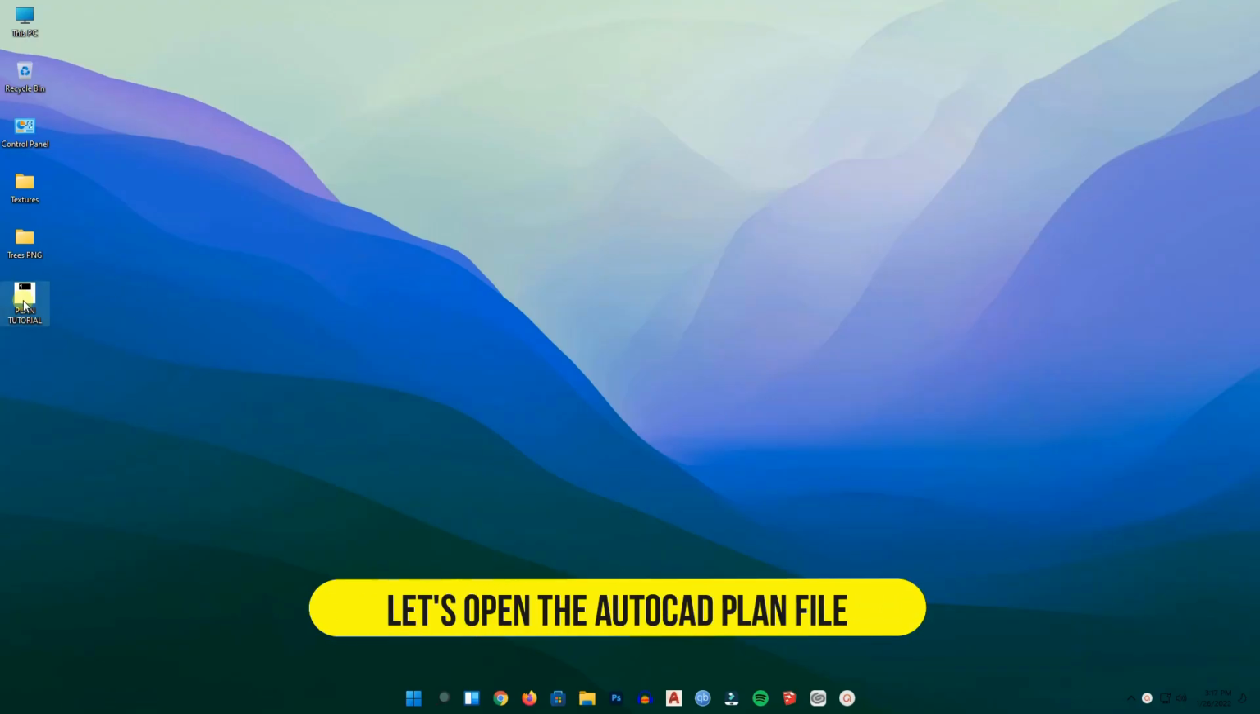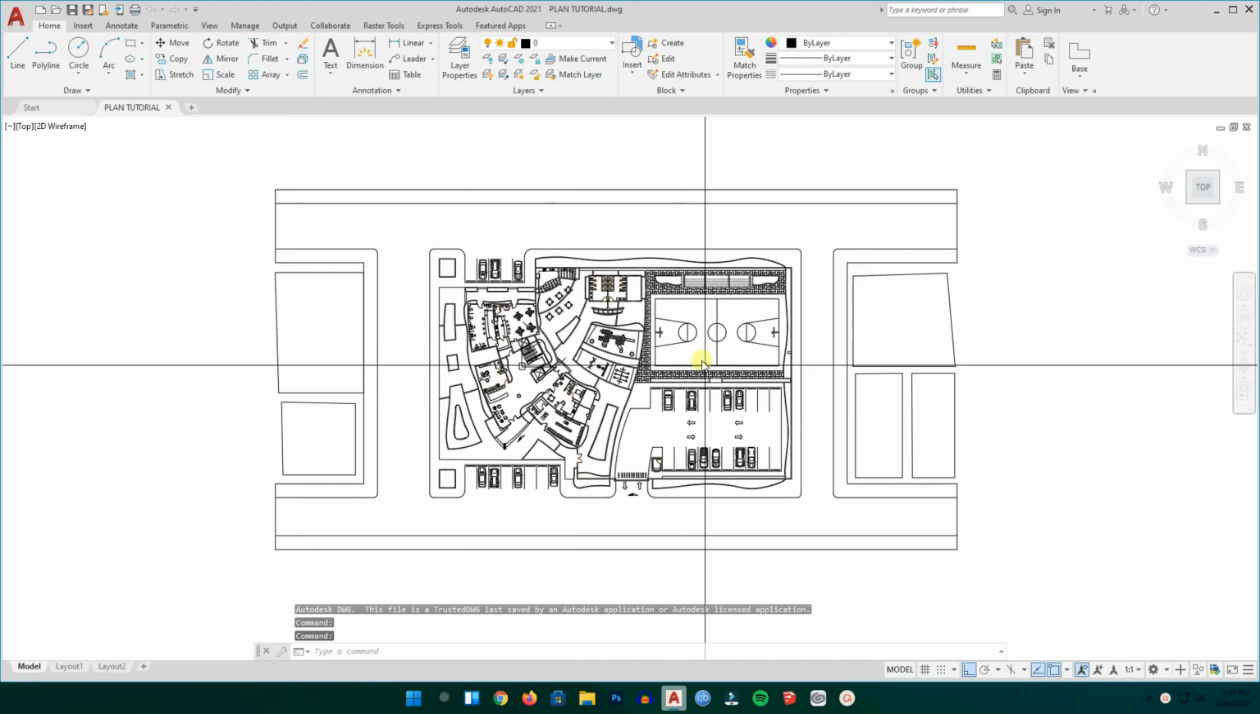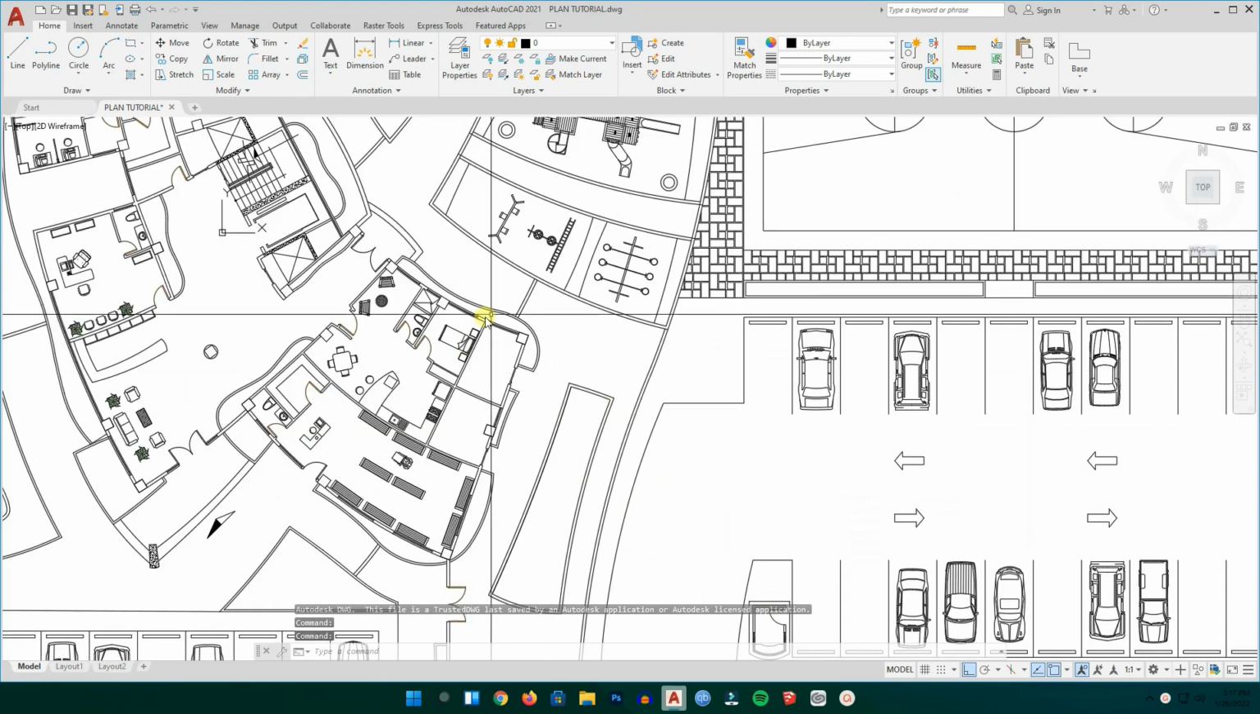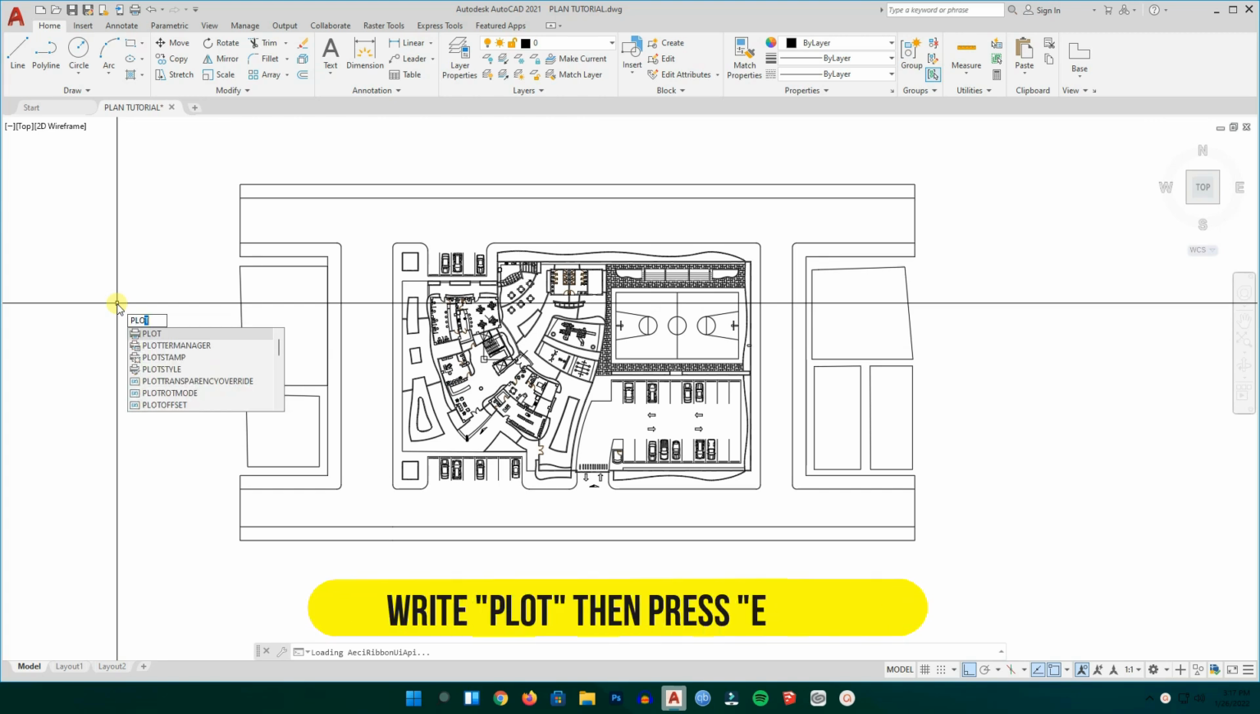Here I have a plan in DWG format. Let's open AutoCAD. And this is the plan we are gonna render. So let's go to the plot command